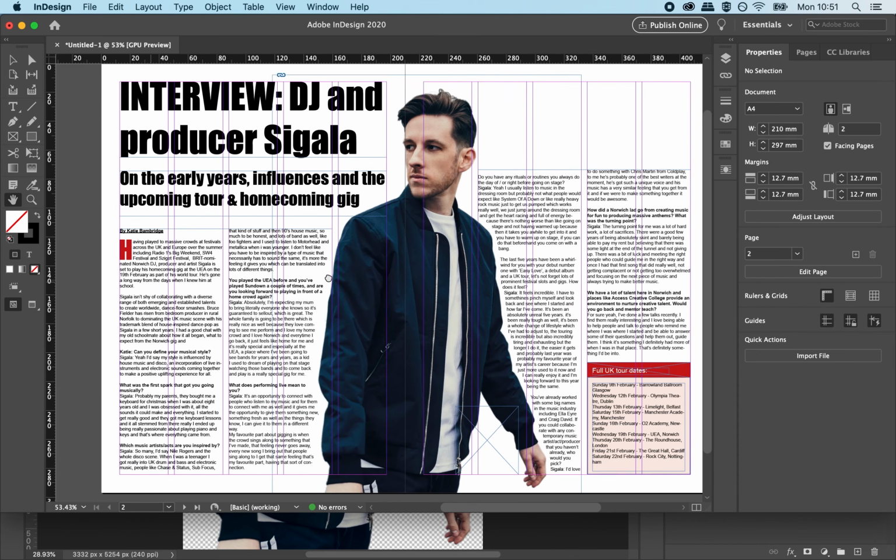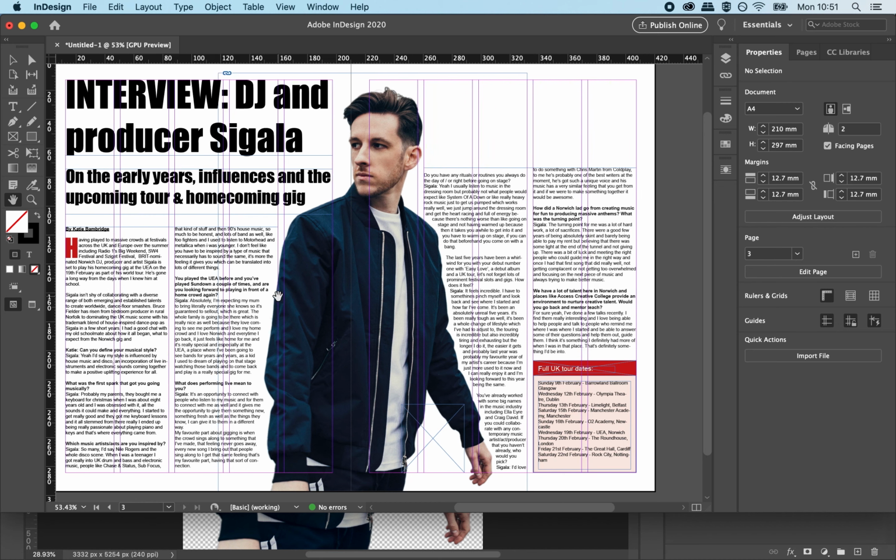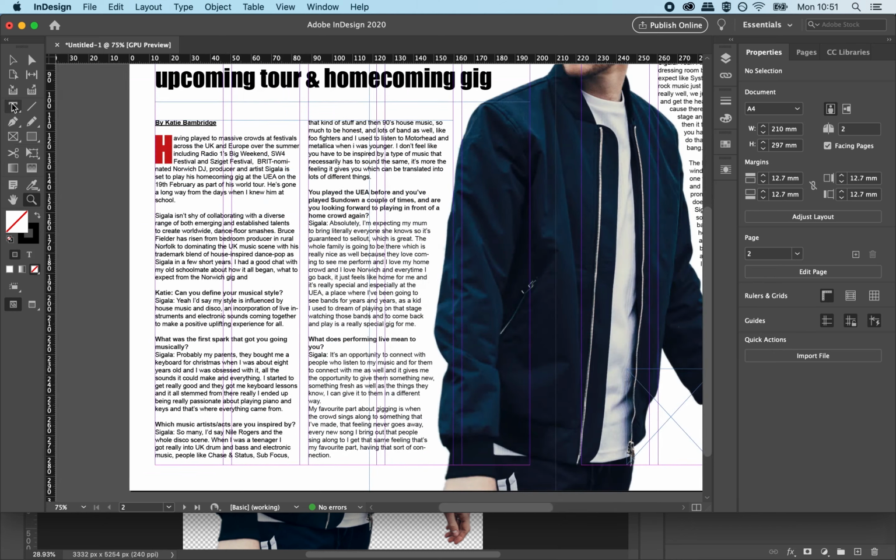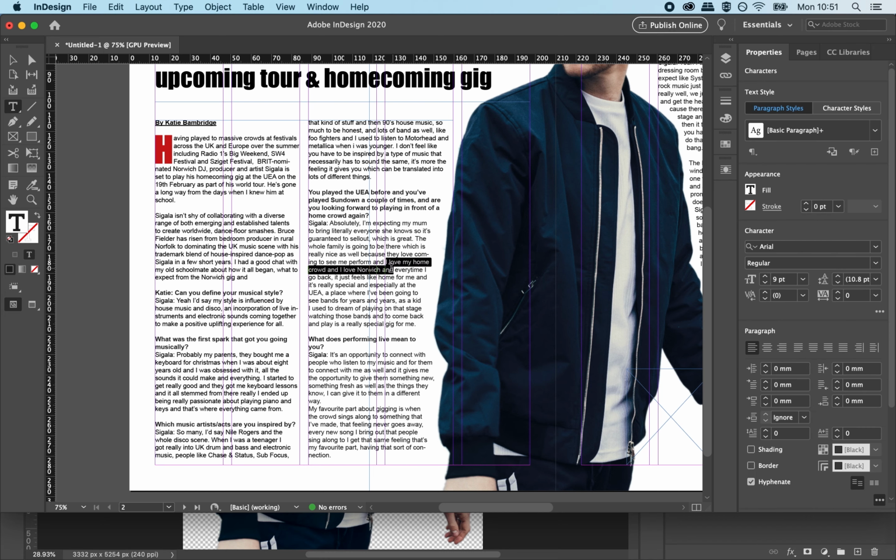So let's get in there. The other thing I would like to add is a pull quote. Now, a pull quote is a piece of text taken out and made into a graphic. So over here he says something really cool about Norwich. I love my home crowd, I love Norwich, and every time I go back it just feels like home for me. That is really cool. So I'm going to take that